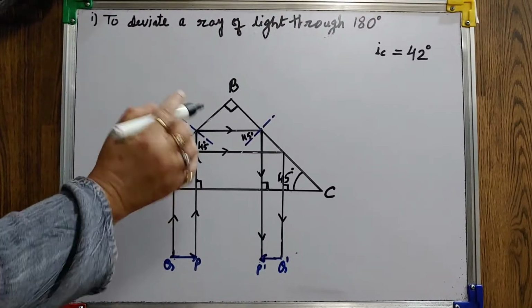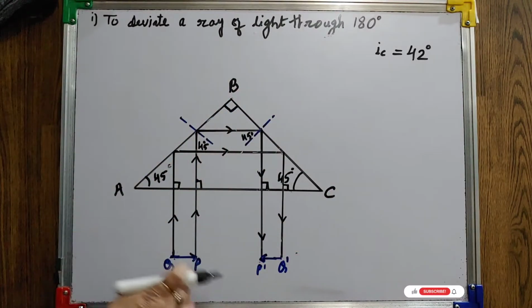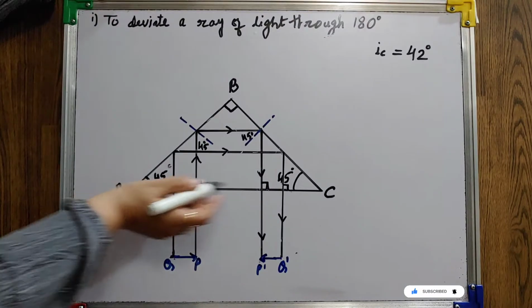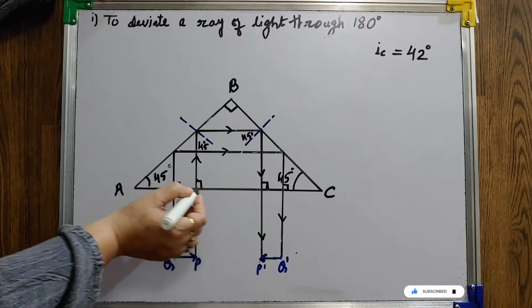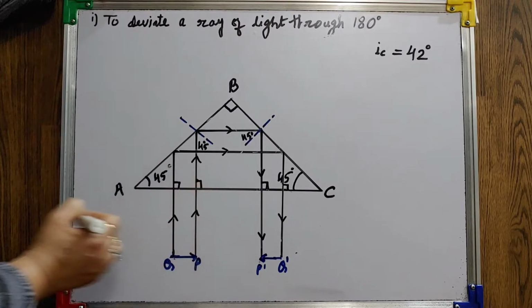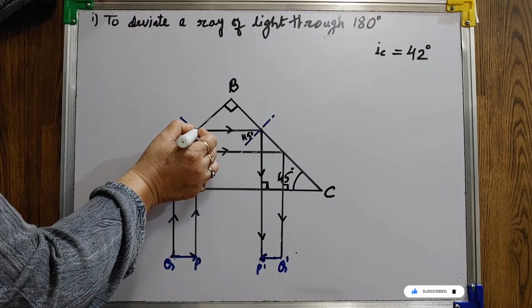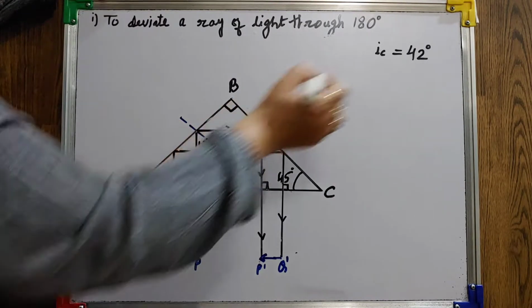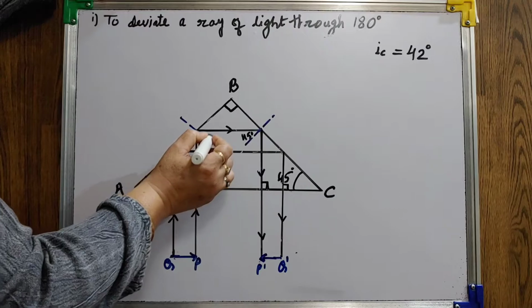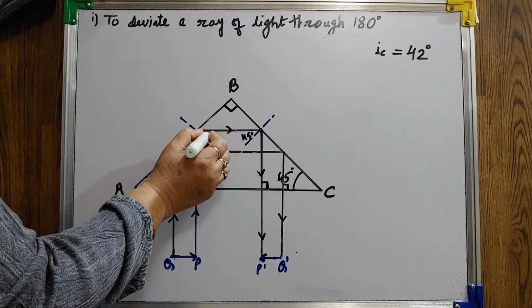Now students, just see, the same 45-90-45 degree reflecting prism I have taken in this position. Now this is my object. From P, the incident ray strikes AC at 90 degrees, so it enters this prism undeviated because it is normal to the interface. Now it strikes AB. At this position the angle is 45 degrees. We know the critical angle is 42, so your angle is greater than the critical angle, so it suffers total internal reflection. Again this is 45, both the angles are the same.